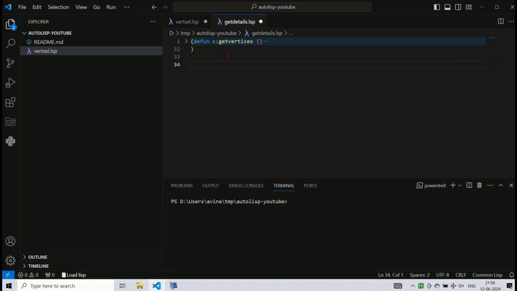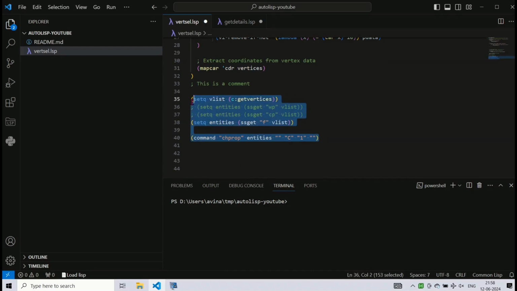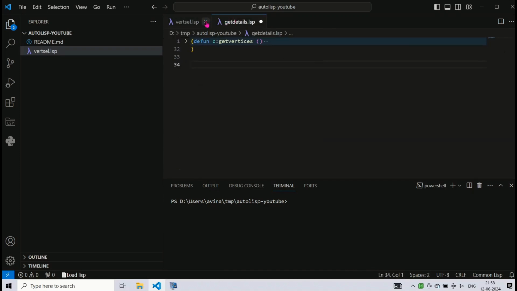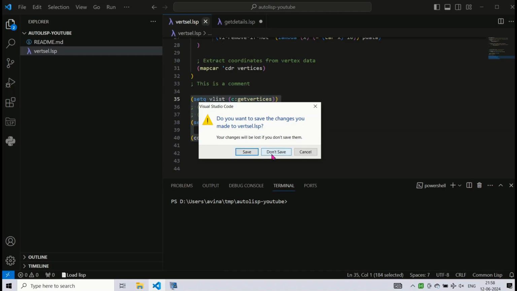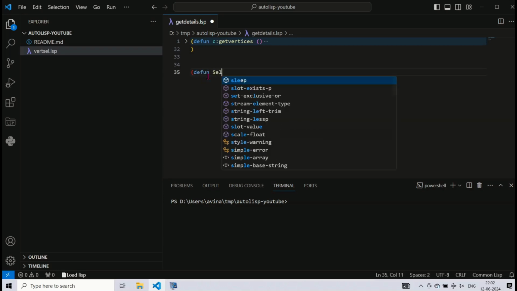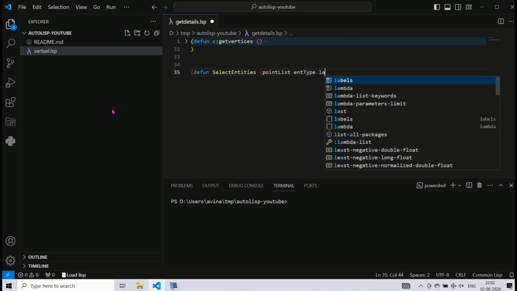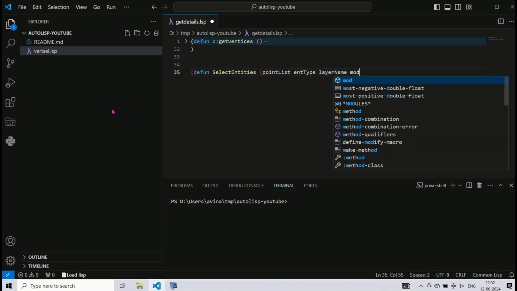We are closing the file vertcell.lsp, as we are done with copying the code of the getVertices function. We are adding another function named selectEntities in this file.